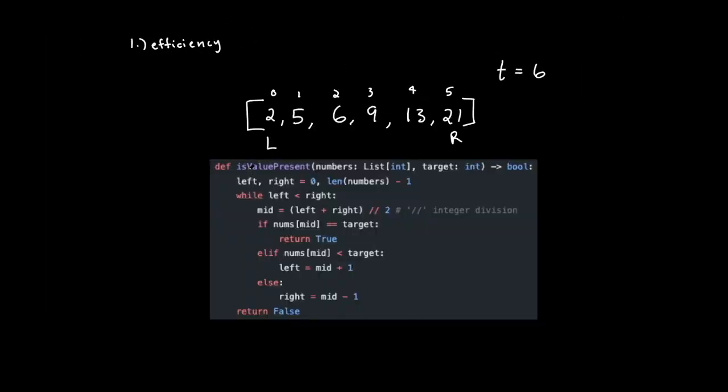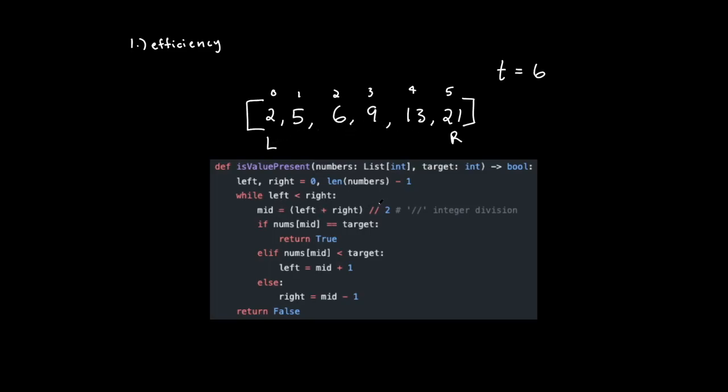So again, we have our function definition. We're searching for whether the value is present. We have our list and a target value, and we're going to return a Boolean whether this value is in fact in our array or not. So we're going to set up our left and right pointers, left starting at the beginning of the array and the right pointer starting at the last element. Now while left is less than right, so while these two don't cross each other,